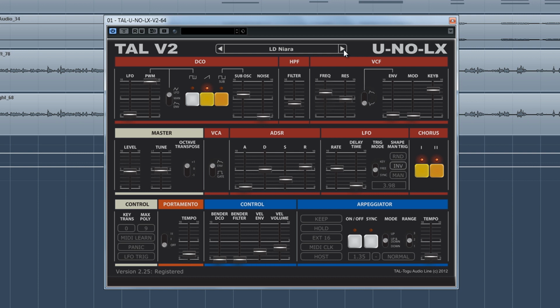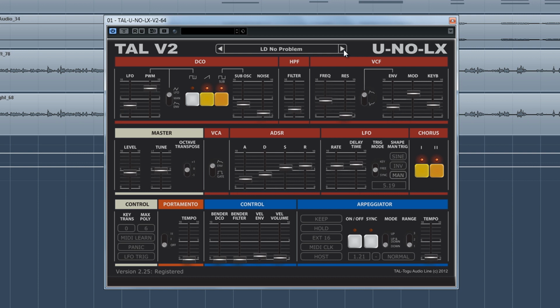But the point of that rambling was that it really is incredibly versatile for such a very, very simple synth. And that probably comes down to the fact that the Juno 60 is a brilliant synth, and this emulation of it is a brilliant emulation. It's as simple as that. And it's probably worth mentioning that if you aren't